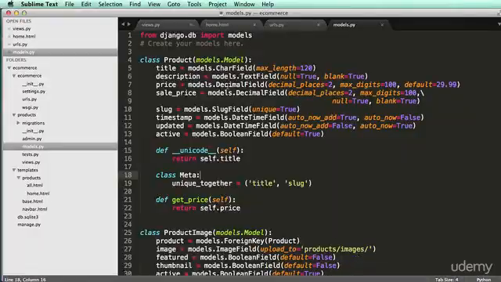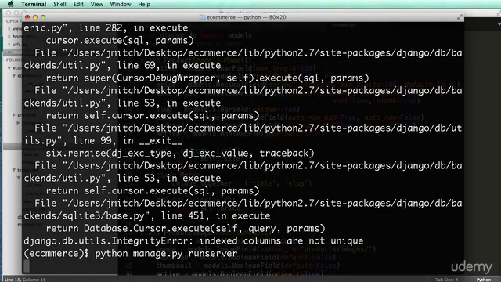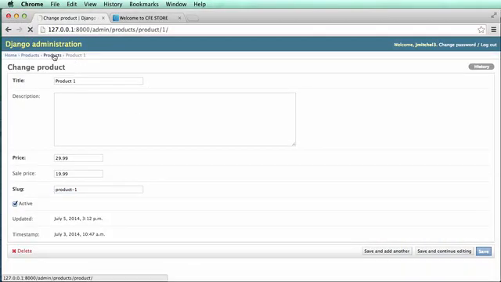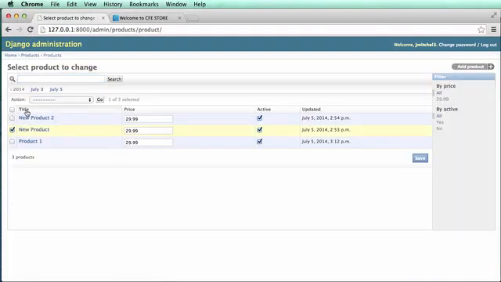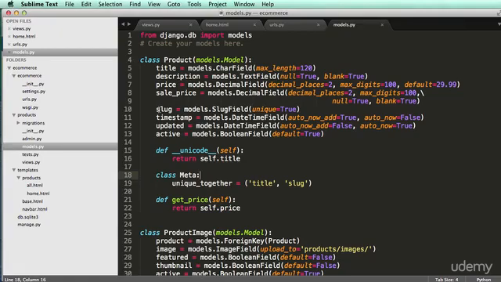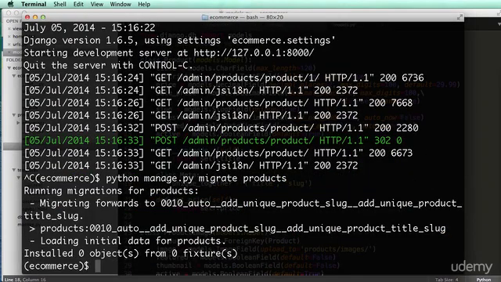Index columns are not unique. So what that means is if we run the server, we have a couple products in there that have the same slug already. So let's go into our products. I'm going to delete these two products because I know that they already have the same slug. You could delete all your products, but I'm going to keep that first product there. So I'm going to delete that, close out my server, and then migrate the products again,